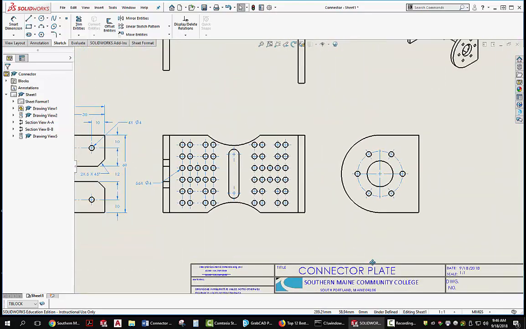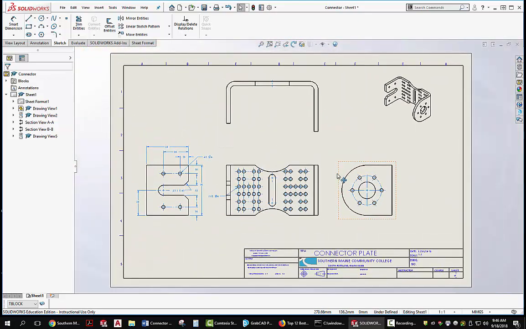Once you've got all the title block filled in and have completed the dimensioning, now you can save this file in your grade folder, and I'll go ahead and